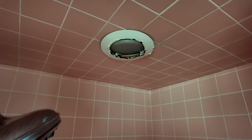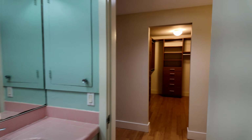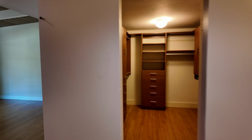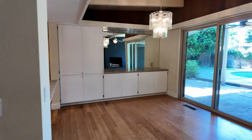Needs some sprucing, like you can see up here. It needs a little bit of updating and sprucing, but it's a really cool house. And I bet back when this thing was built, this house was even more amazing. So, we're going to call this the West Wing because now I'm walking east through the house. So as we go this way, we're going to come through